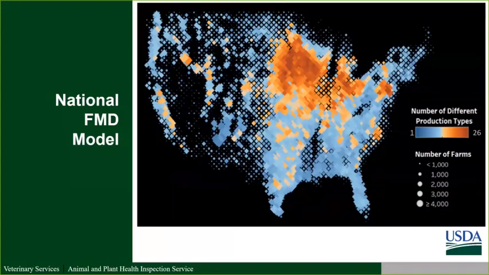So you can see, for instance, in California and along the Pacific coast, as well as in central and east U.S., there is a higher number of farms, so they have larger polygons, to the point that it makes it actually hard to see the borders of each polygon. And then the color is showing the mix of production types. We have a lot of different production types within the U.S., and this highlights where those mixes occur, and I'll speak just a minute on the importance of that.